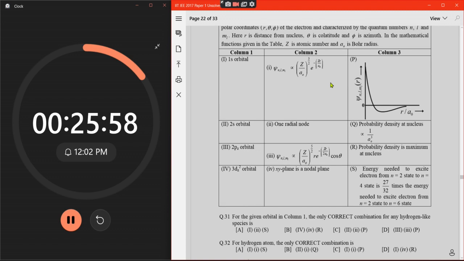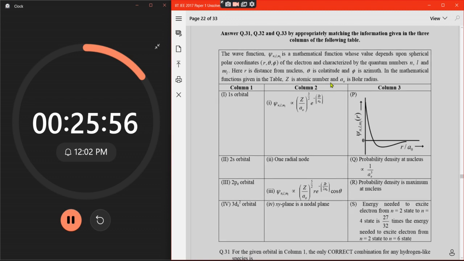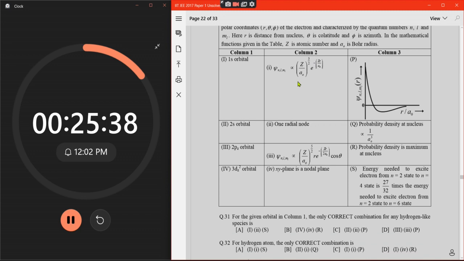Matrix match. Okay, have to do it, no. Okay, wave function is a mathematical function which depends on the spherical polar coordinates of an electron and satisfies quantum mechanics. R is the distance from the nucleus, that is the co-altitude. Yes, you know that, right. In the mathematical functions given in the table, Z is the atomic number, a naught is the Bohr radius. Okay,